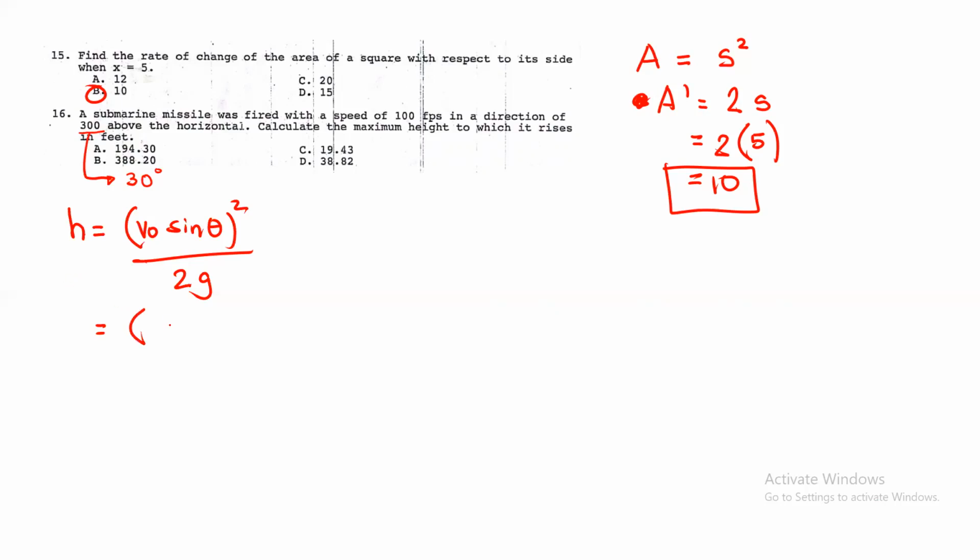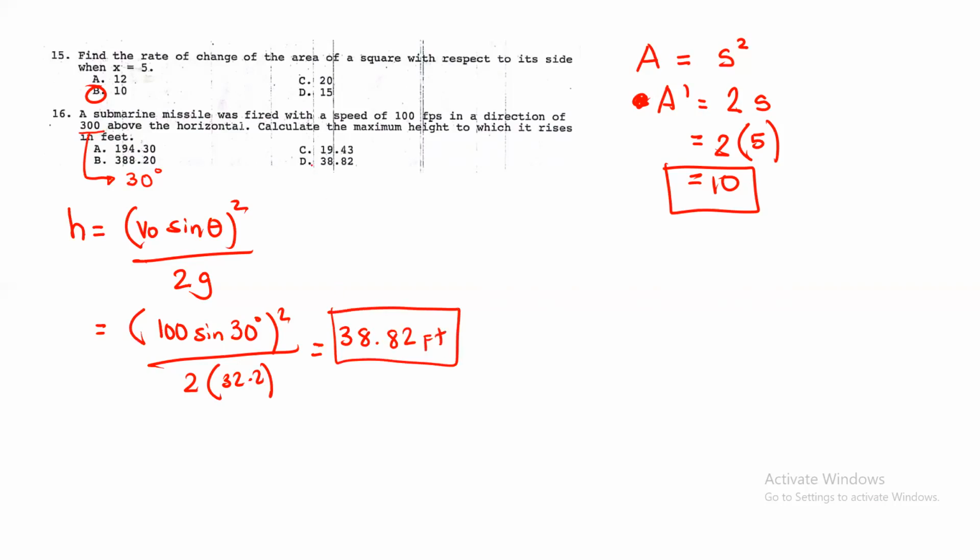So, Vo natin is 100 feet per second times sine ng 30 degrees squared divided by 2 times 32.2. So, ayan to. So, 38.82 feet. So, the answer is letter D. So next,